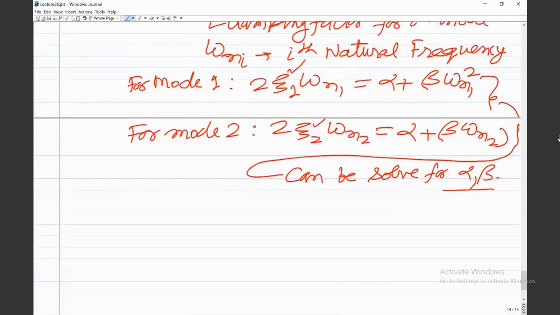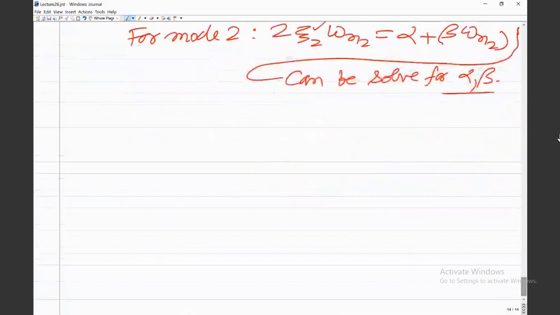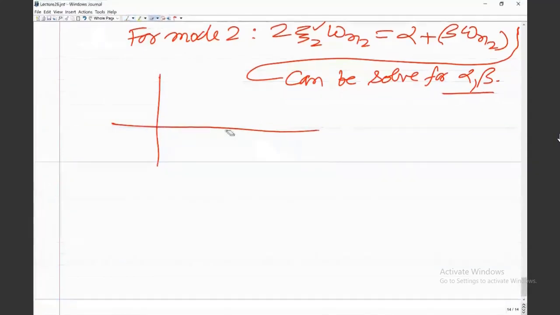So how do you get this? One way is you can use the logarithmic decrement. From the free vibration, since the structure physically exists, you can conduct an experiment and get xi 1 and xi 2. For that, you can use either the half power point method or the logarithmic decrement. So these are the various ways you can get xi 1 and xi 2. So suppose you want to use the logarithmic decrement. In that case, let us say you have a structure